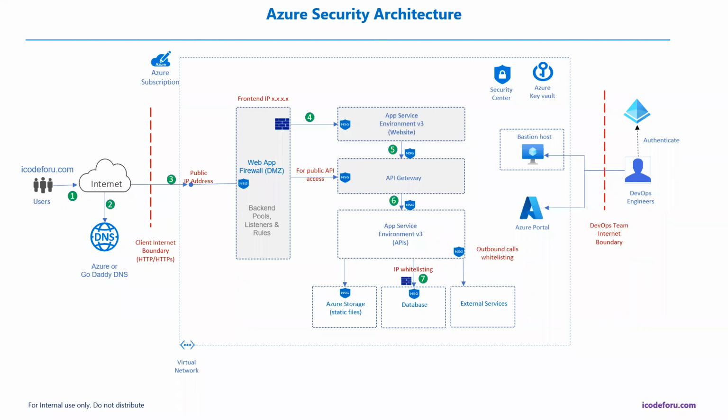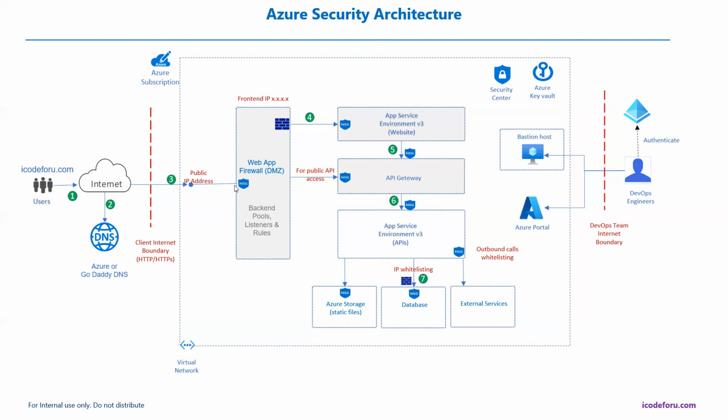This picture you have already seen in the previous video about the high-level Azure architecture for the basic Azure blueprint. So in this, the user will log into the website by typing the URL in the browser. For the first time, the DNS has to resolve the URL in the DNS custom domain. Then the request will be passed to the actual infrastructure. So here I have the virtual network with subnets and the cloud services created.